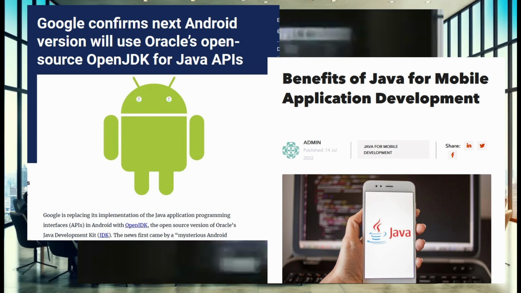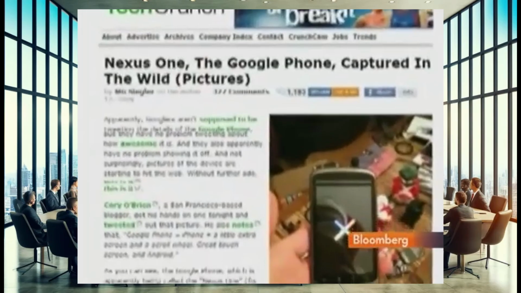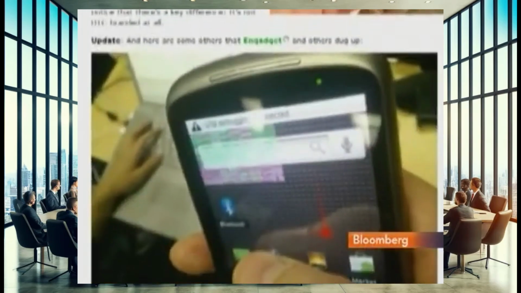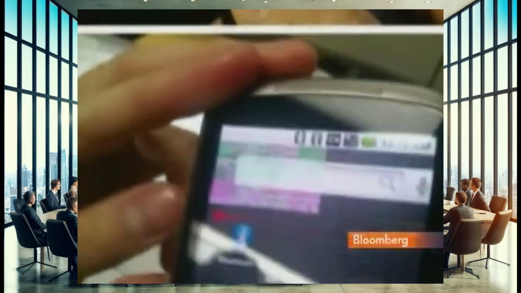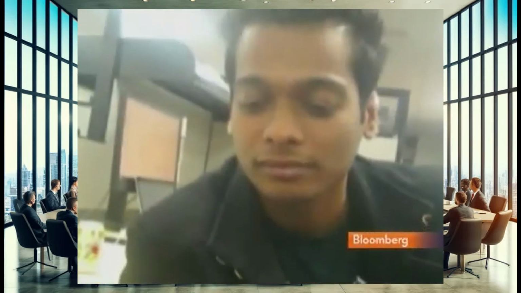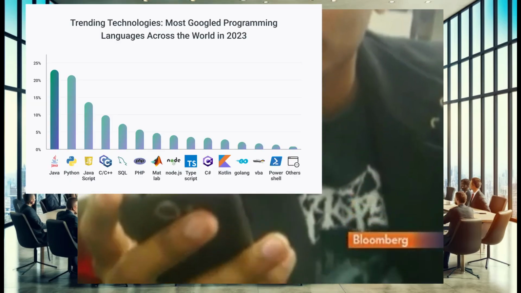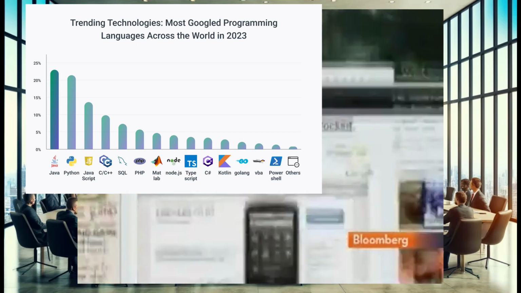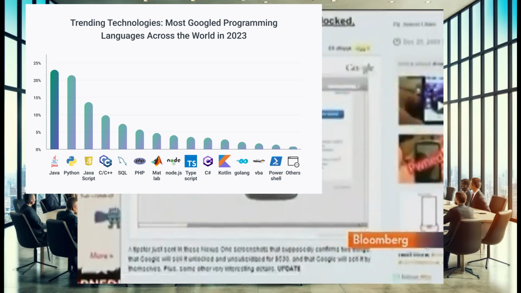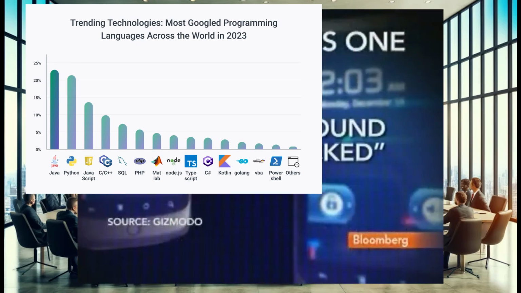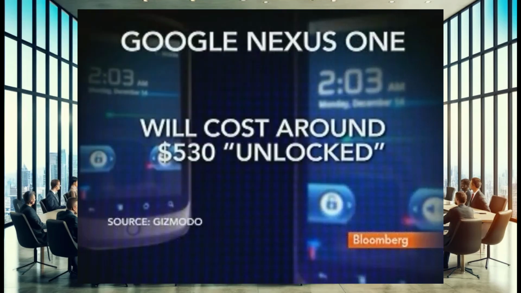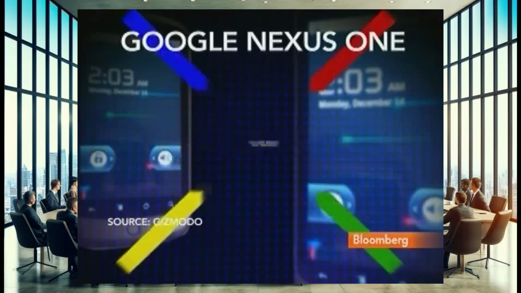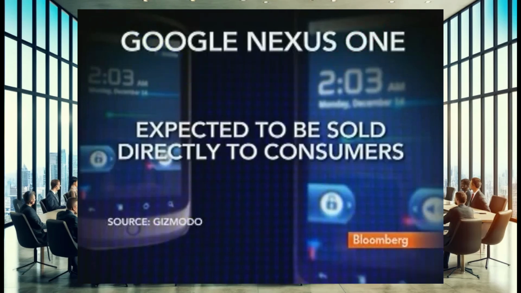So that's the story of Java, a quirky little language that started as a way to control appliances and ended up running the internet, powering banking apps, and yes, probably even lurking somewhere in your smartphone. It's funny to think about, for all the hype around new programming languages, it's Java that kept chugging along, like the quiet worker in the office who doesn't say much but gets all the real work done. And maybe that's a lesson here. While flashy trends come and go, it's the solid, dependable tools that really stand the test of time.